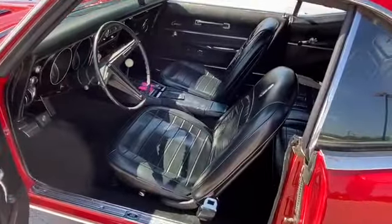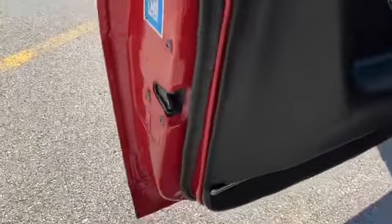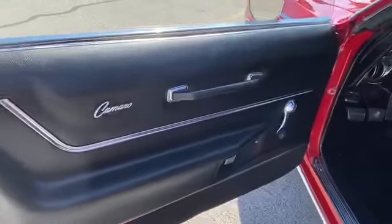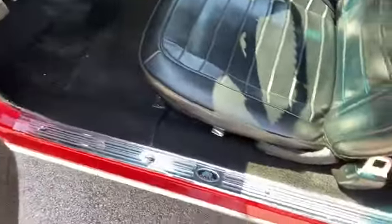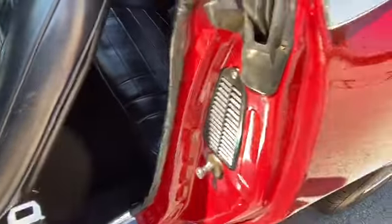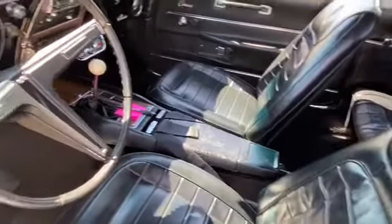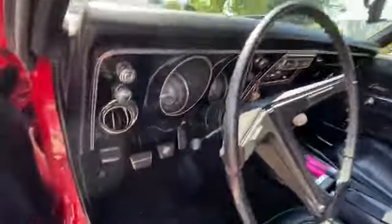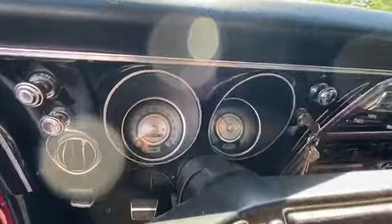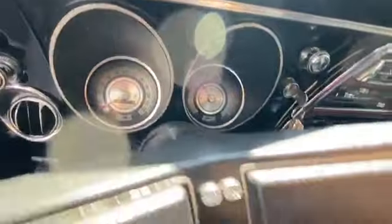Really nice interior, redone. Look at the door lips. Excellent door panels with the carpet on the bottom there. New door sill plates. Excellent door jambs. Seats, really nice. Factory original SS steering wheel. Speedometer is showing, what's that,